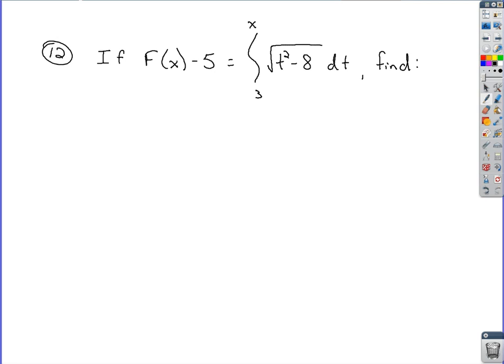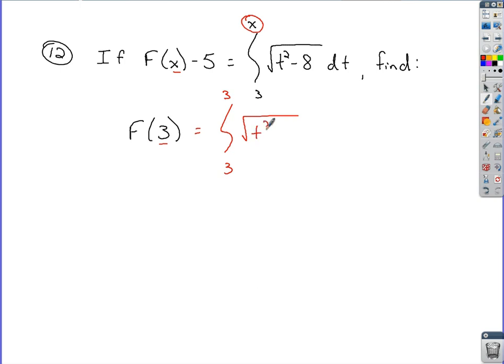All right, so this kind of problem, we'll have to apply the second fundamental theorem as well. We won't have to apply it initially, though, when we find what f of 3 is. Because if you recall, to find f of 3, all we're doing is taking 3 here and replacing x in the original function. The only x we see is up here. So since that's going to create a definite integral that has an interval that doesn't change, from 3 to 3,